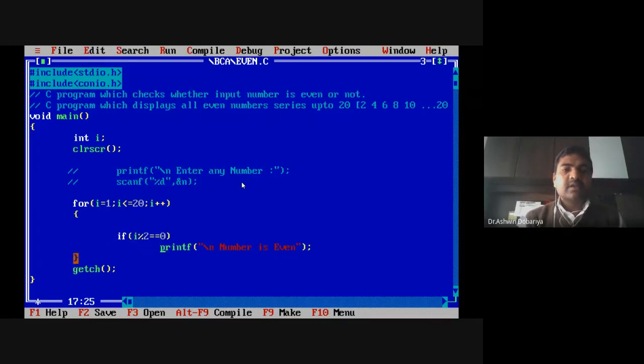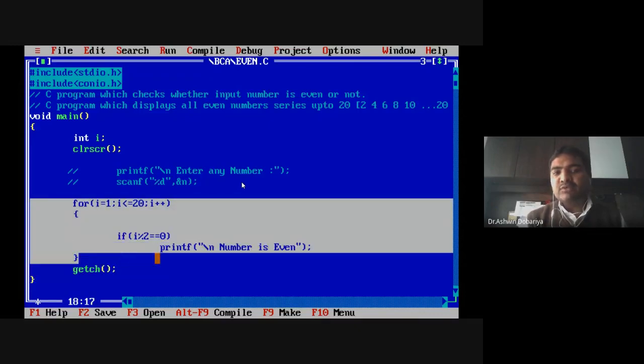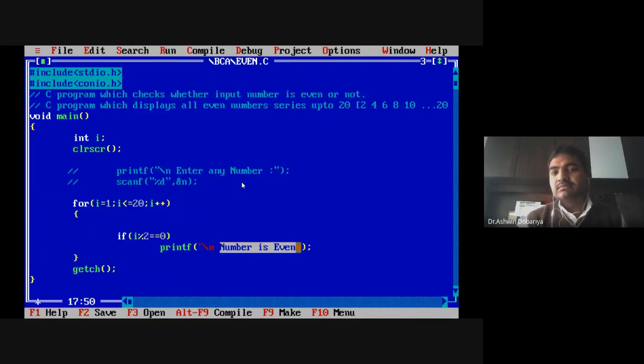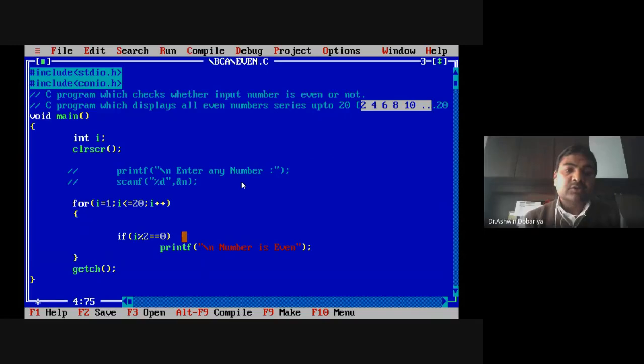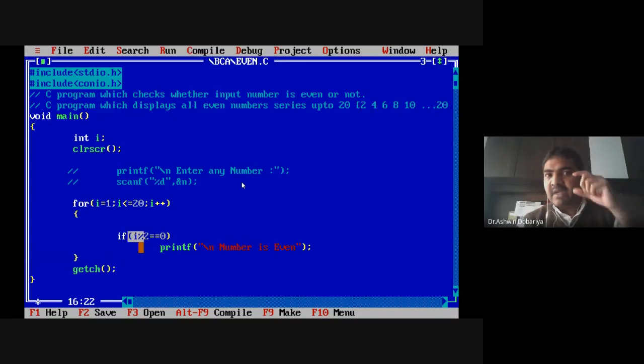But see here, if I execute this program, what should be my output? My output is the message, number is even, number is even, number is even. But instead of the message, what do I want to print? Numbers. So I am getting the number from i.